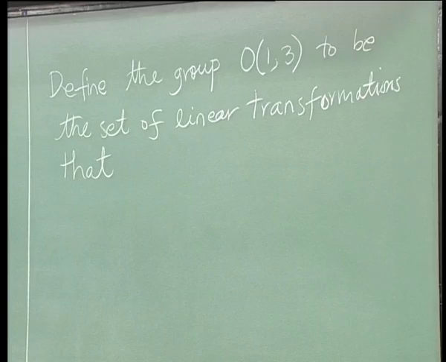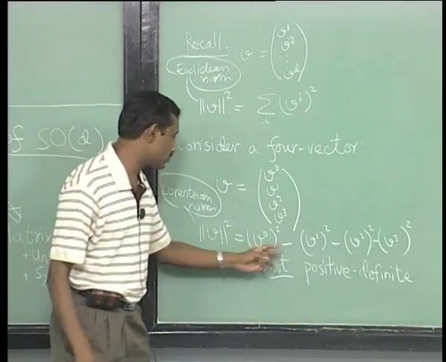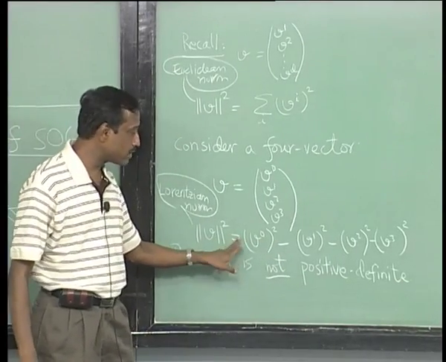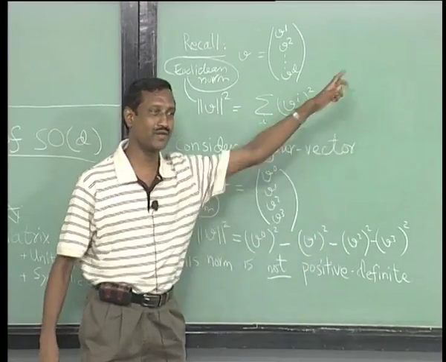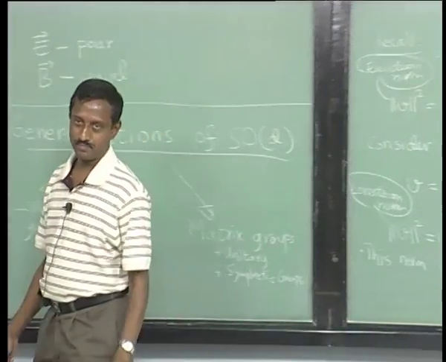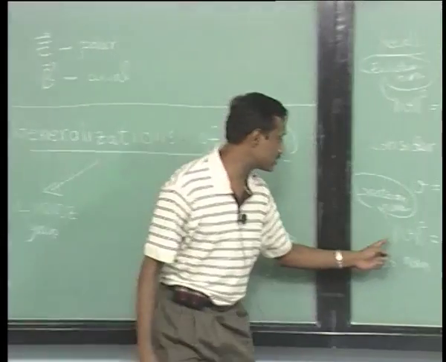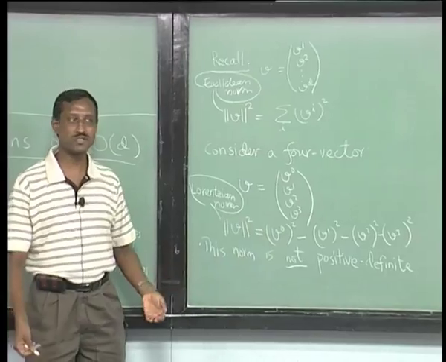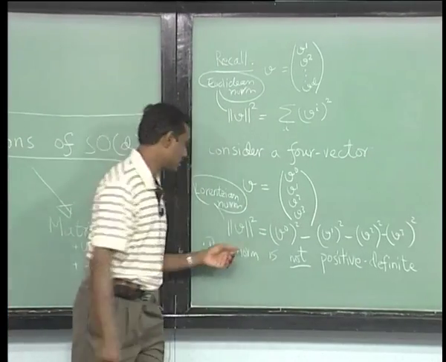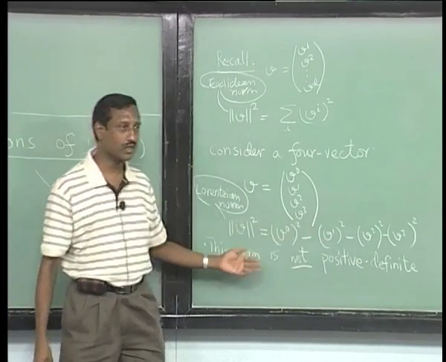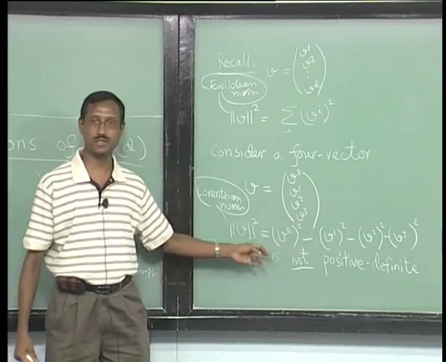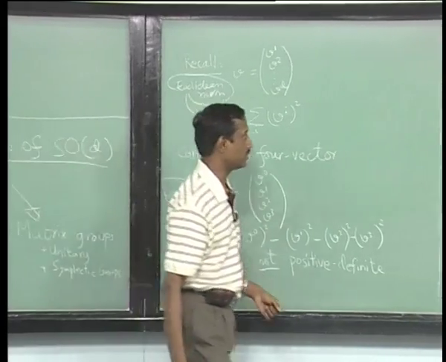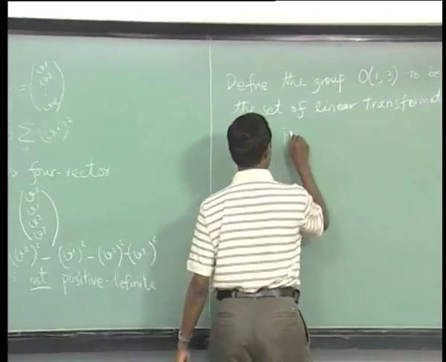But a little bit of thought will show you that actually I could have written 1 minus and 3 pluses, and that will not really change the story. So I can redefine my norm with an overall minus sign, because now that we are giving up positivity of the norm, there is nothing special about this being positive. But in this course we will always work with this kind of a norm, and that preserves